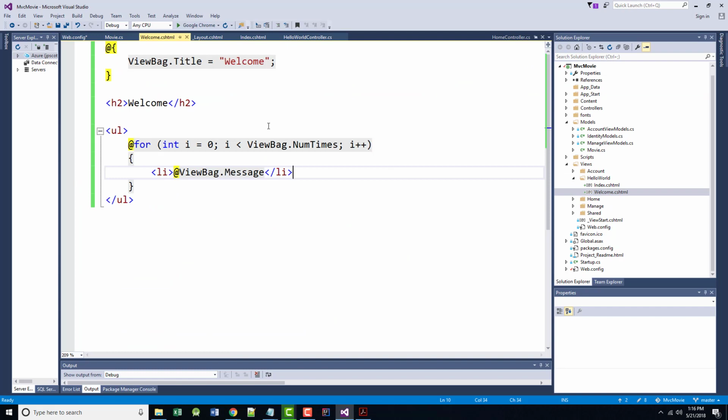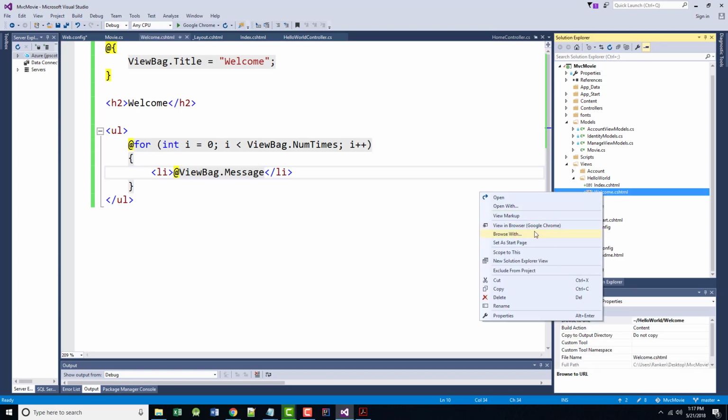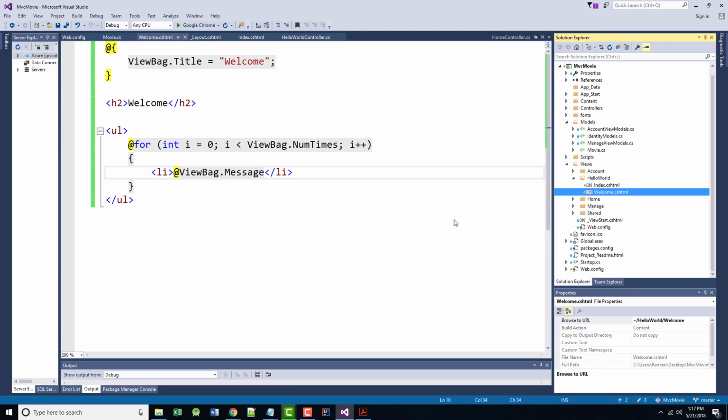Well, it's not going to show in here, but when we ran our program, I don't think it would hurt to run this. Let's see. We'll go to this welcome thing that's in here. That's fine. I'll just right mouse click and view it in the browser. I just want you to understand this, and what I want you to understand